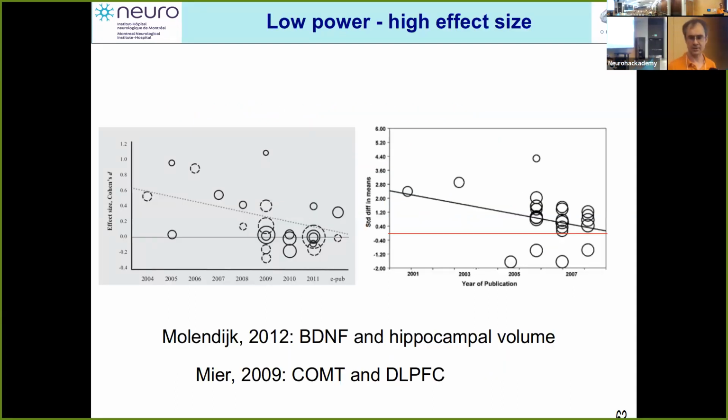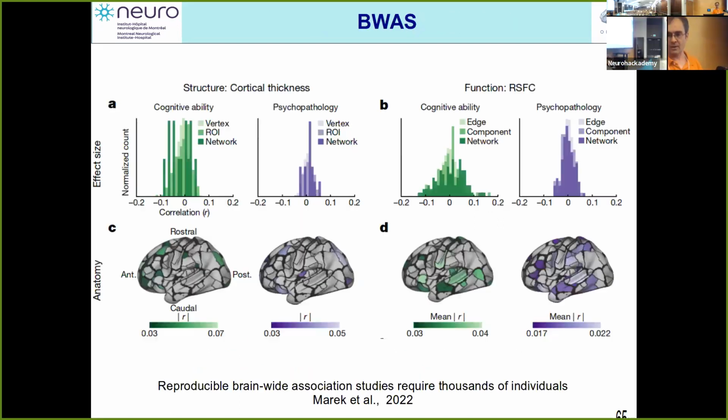And you've seen that slide. Actually, there's almost a perfect replication of that slide in another paper. In the slide you see the effect size on the y-axis, and the year of publication, with the size of the cohort, and you see how the effect size decreases with greater power and therefore larger cohorts. And again, same thing with the Marek paper, where small effect sizes are shown on the structure and function correlation